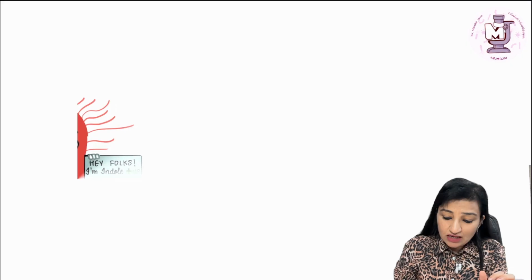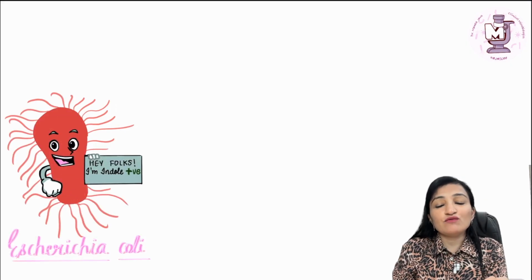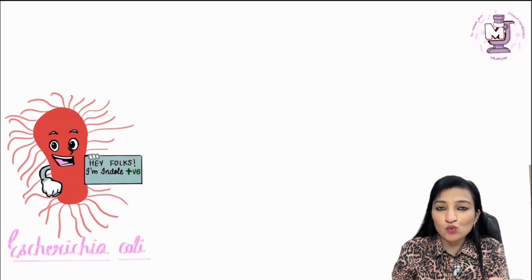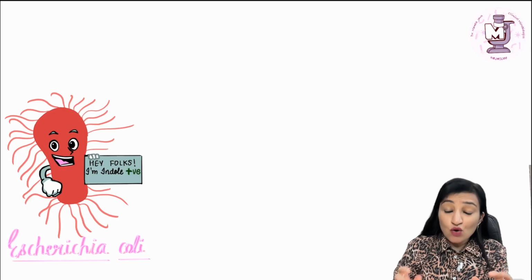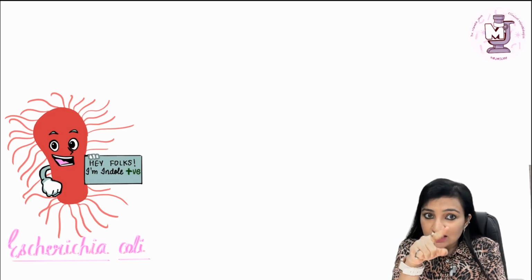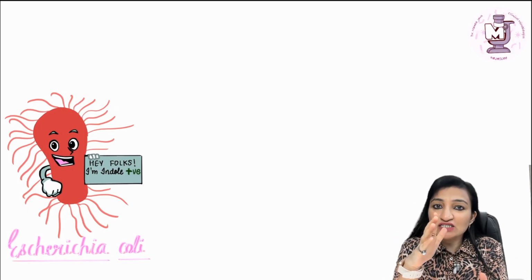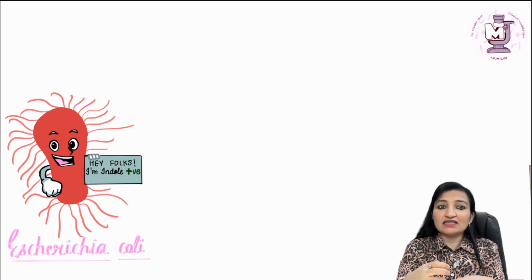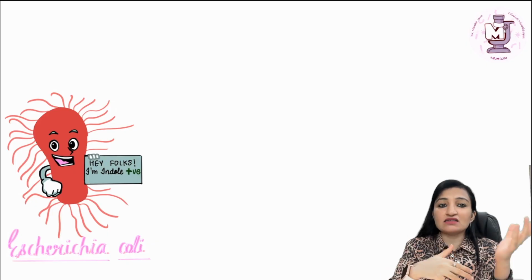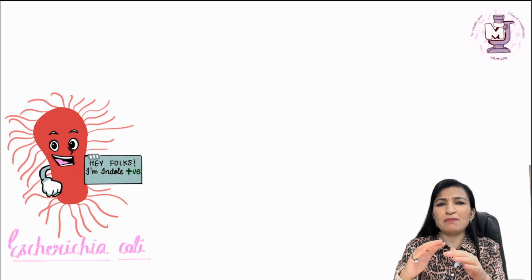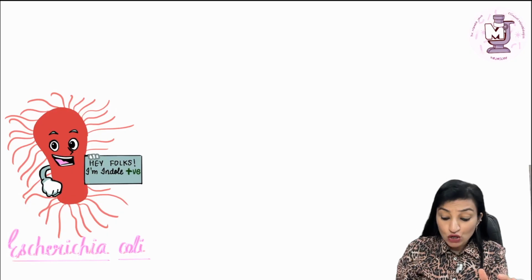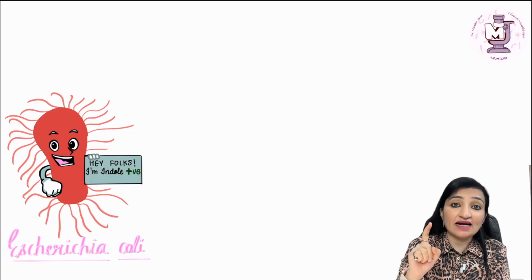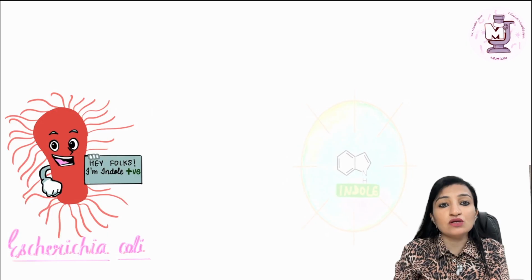Now guys, if somebody wakes you up even at 4 a.m. in the morning and asks you what is the most important example of indole positive bacteria, this fellow should come to your mind. This fellow is a gram-negative rod and it is proudly flaunting its peritrichous arrangement of flagella. Peri means perimeter, so peritrichous just means flagella arising from the entire perimeter or surface area of the bacterium. So this fellow is Escherichia coli and it is telling you, hi folks, I am indole positive.